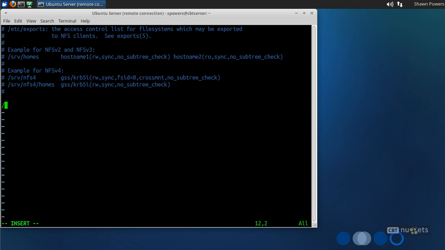And we're going to use the same one, mount shared drive. And then we say who is going to have access to it. Now I want my entire subnet to have access to this share. So I'm going to say